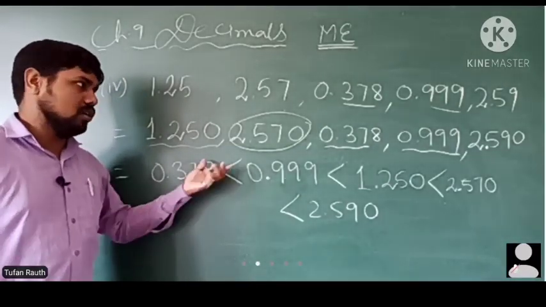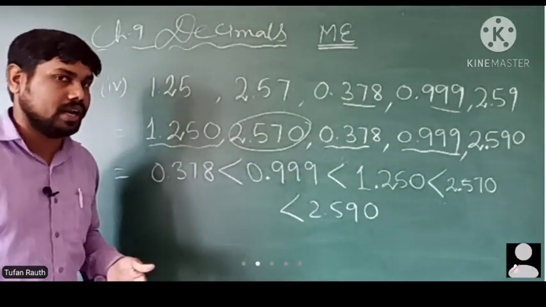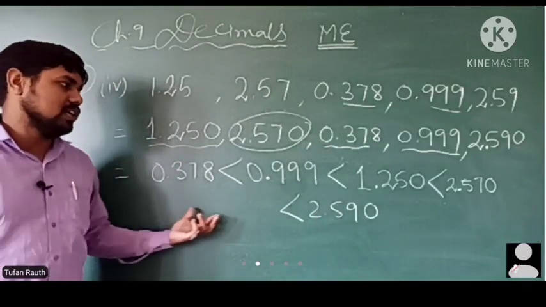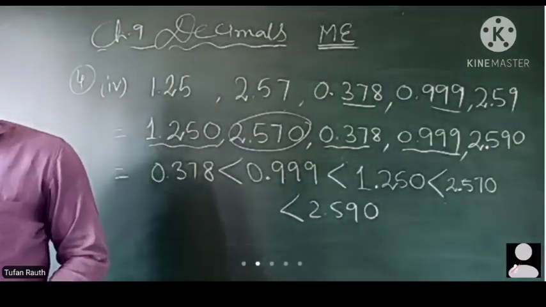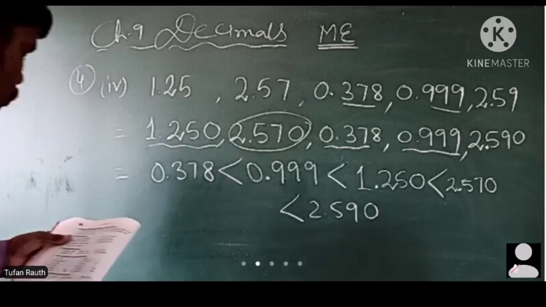So this is how you can arrange in ascending order, and if it is asking to arrange in descending order, it will be just the opposite. So the greatest number we will write first and then smaller and at the last the smallest one only. Okay, so very interesting questions are there. These all are okay. If you think and do by yourself, it will be very interesting, more interesting.